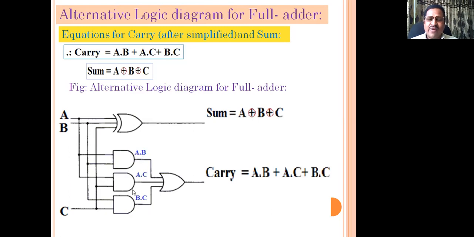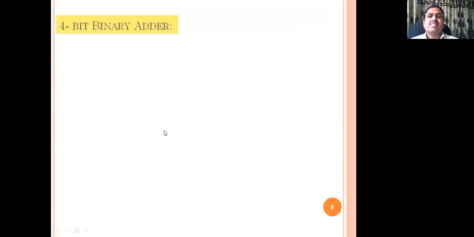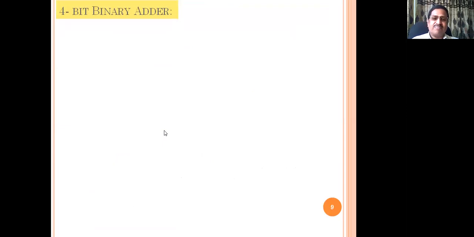All these outputs of the AND gates are given to the three input basic OR gate whose output is the ORing of all these. So carry equals A and B, or A and C, or B and C as the resultant output carry. That is the required logical construction with the alternative method for the full adder. Is this clear? We'll go to the concept of 4-bit binary addition.